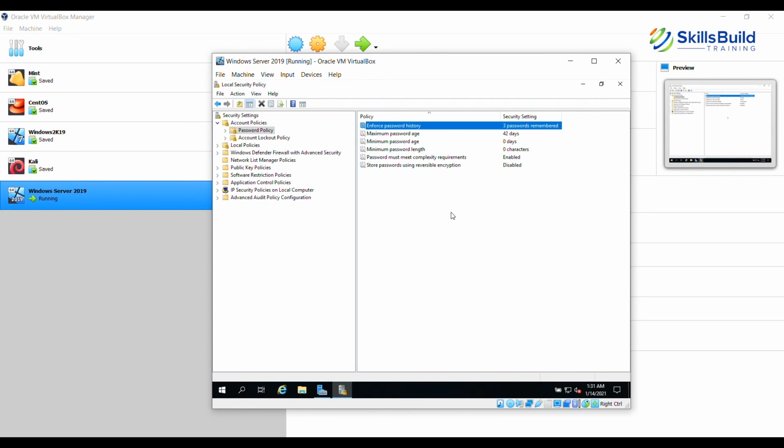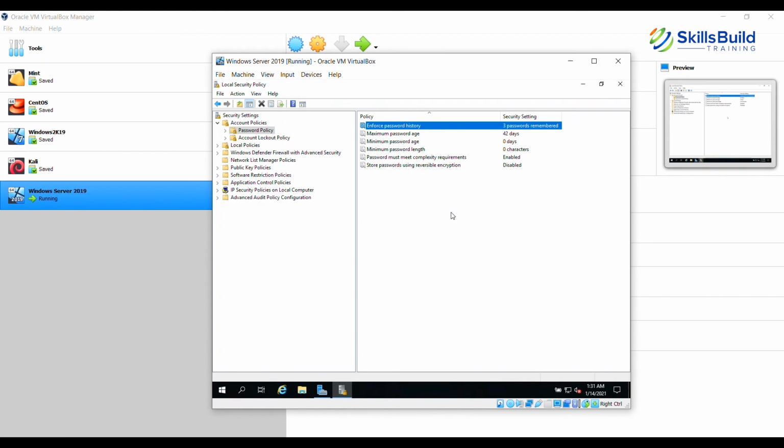I will need to change at least 3 passwords before I can go back to password 1. So I will have password 1 as the first password, 2 as the second, 3 as the third, and only after password 3 can I go back to the first password.